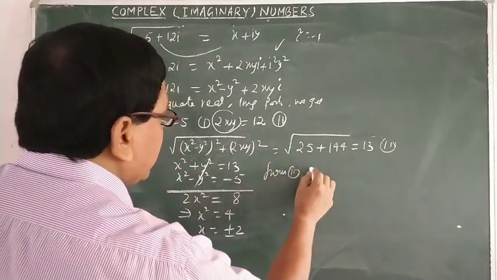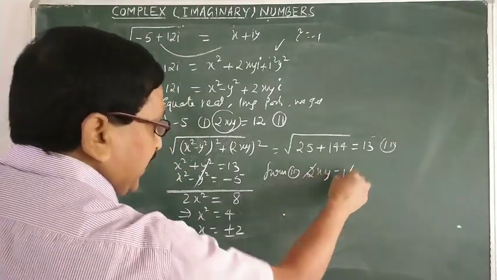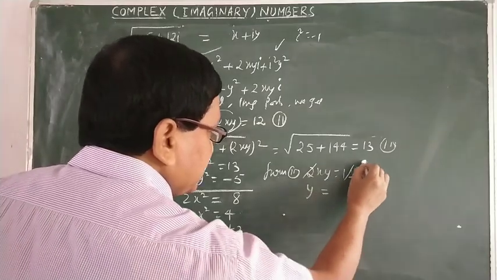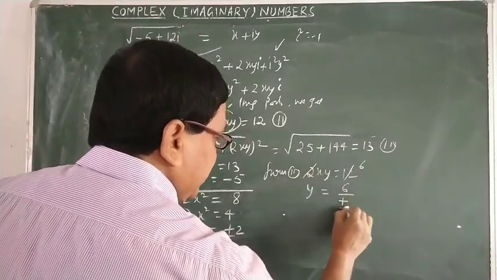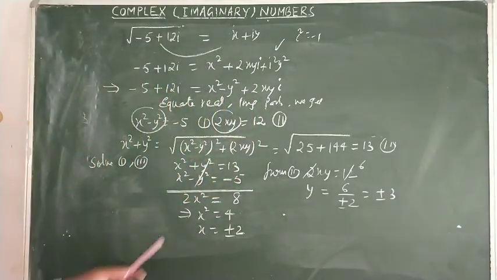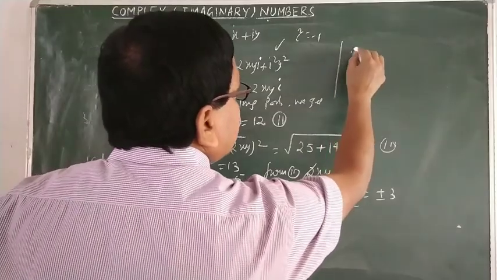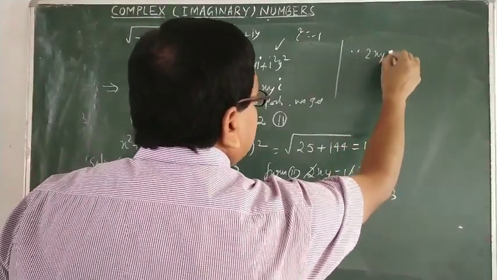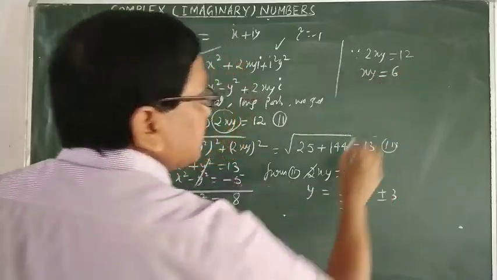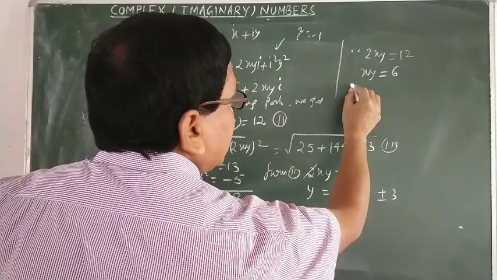From the second equation, 2xy is equal to 12. So 2 cancelled, and x is already available. So y is equal to 6 by plus minus 2, so this is plus minus 3. Now x, y are ready. We also note that since 2xy is equal to 12, xy is equal to 6. Now this is possible if and only if